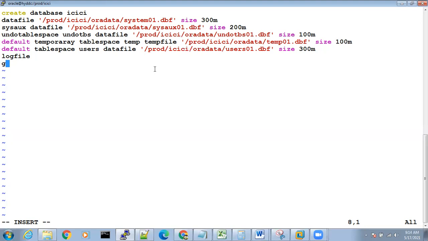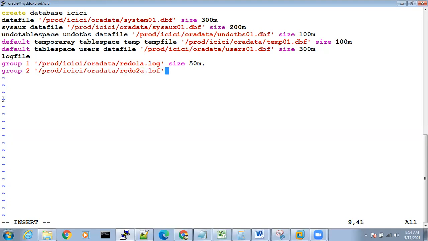Right? Logfile group 1, single quote, slash prod slash ICICI slash Aura data slash redo01.log, or else redo1a.log, size 50M, comma, second group 2, single quote, slash prod slash ICICI slash Aura data slash redo2a.dot log.